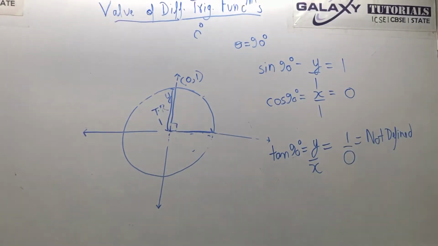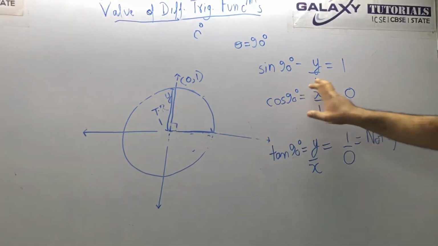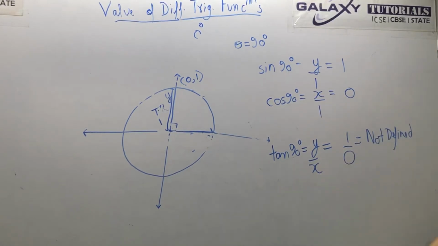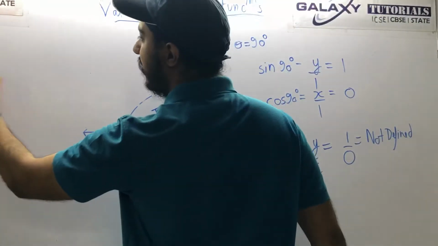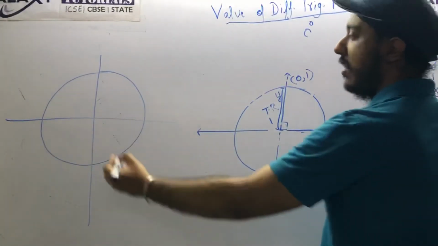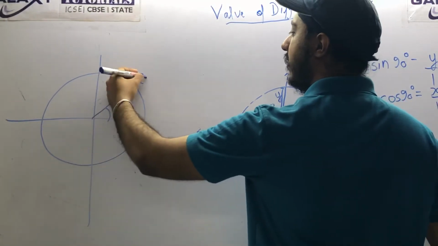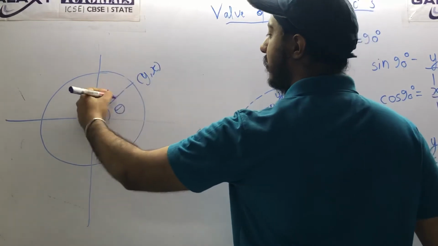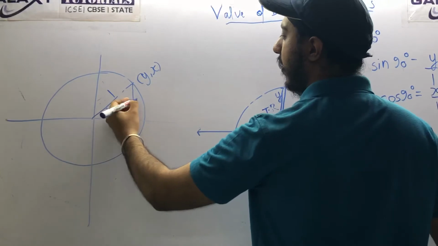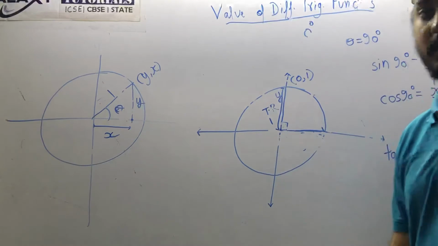Basically in these types of cases, you can see there is no triangle being formed here. So you must be thinking, how am I writing y upon 1, x upon 1, y upon x? Because I had made a general case in the beginning when we were finding out the signs: whenever there is a theta angle here, the radius is 1, this here is y, and this right here was x. We did this before, I guess you must all be remembering that.